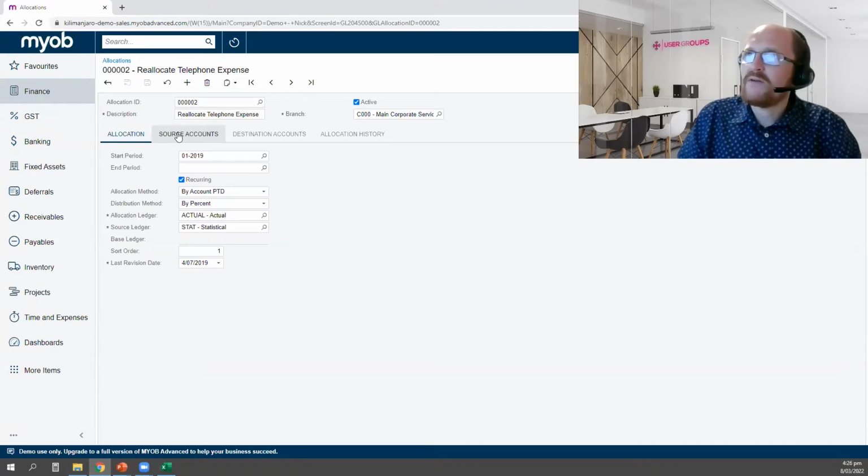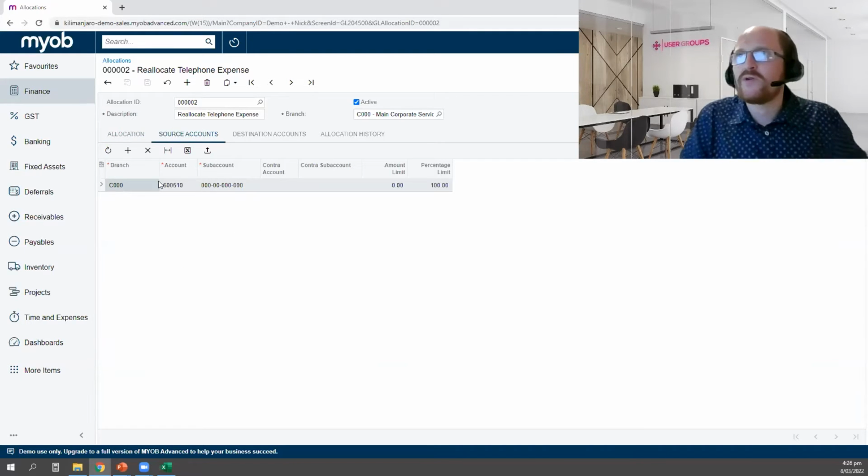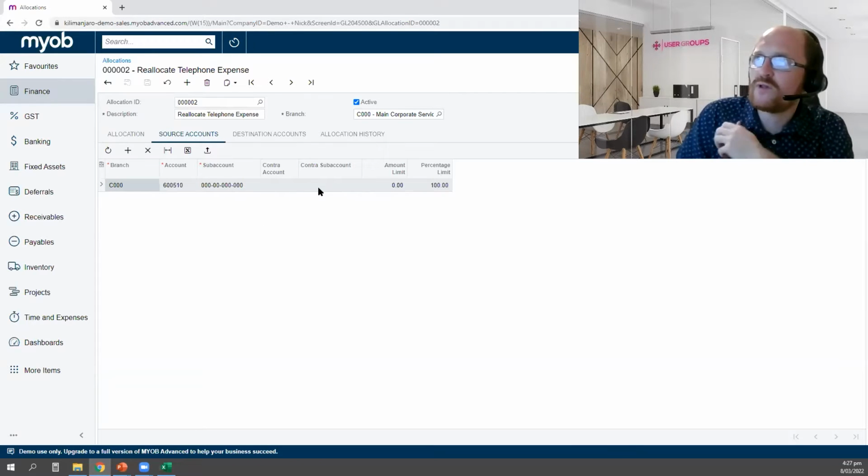Now, from a source account point of view, you can see under here, we can set up source accounts. So we can set up a branch, the account, and the sub-account. So we can say that when an AP bill gets entered into the system, then if it's got all of these specified within the document, it will look at that and then do the split based on those. Now, you can also set up things like contra and sub accounts, so it flows through there,